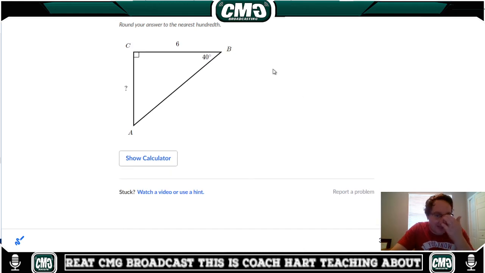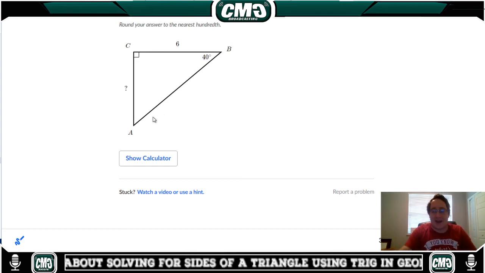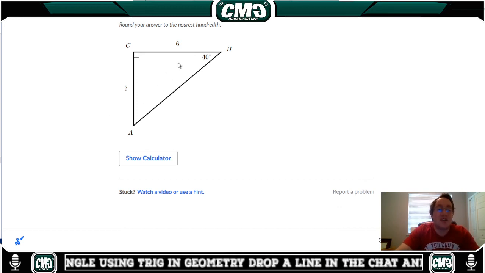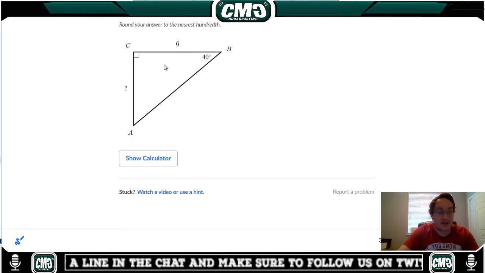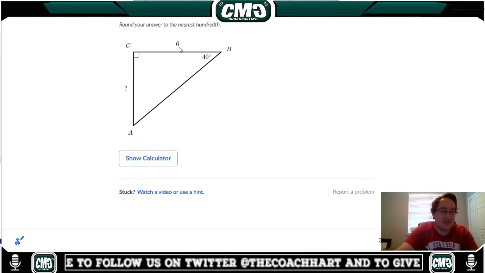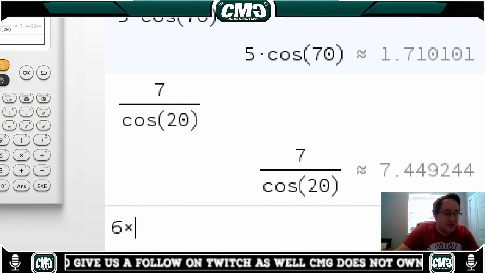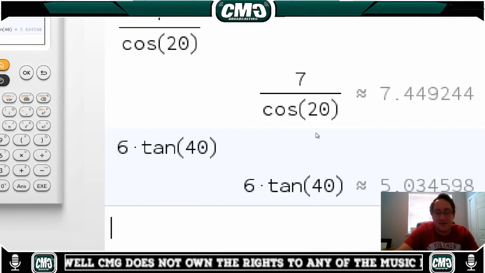Now let's just get through the last 2 that we've got. This is 40. Notice the hypotenuse is not given to us. Now, I'm not going to write out these setups for you. We've seen the 2 different setups. I'm just going to kind of talk these out. Since we've got the opposite and the adjacent, this is tangent. So the tangent of 40 is equal to x over 6 because x is our opposite, 6 is our adjacent. Now, if it's x over 6, that means we're going to multiply both sides by 6. So 6 times the tangent of 40 gives us